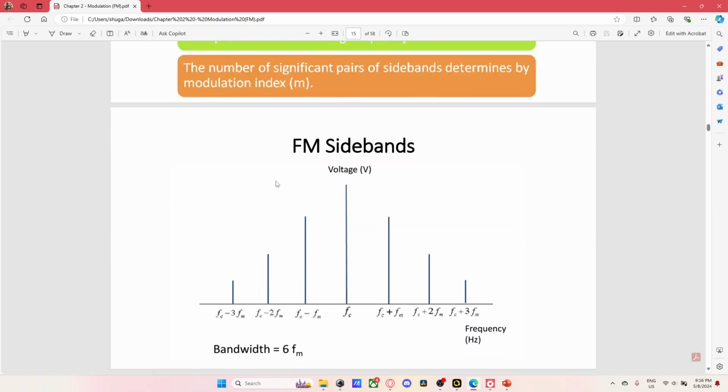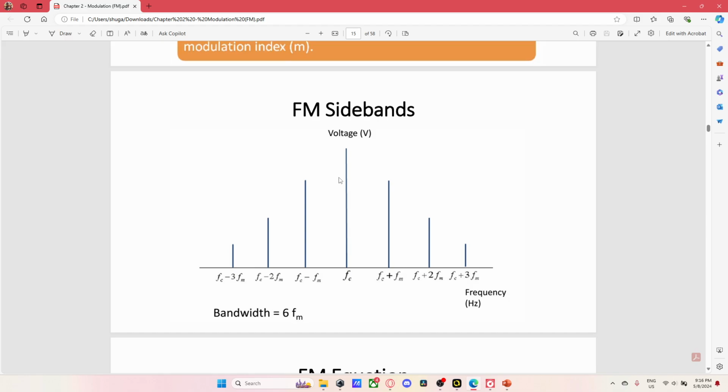Okay, so this is an example for FM sideband where it has 6 Fm value over here. Okay, as you can see, there are 3 pairs of sidebands over here. We have FC plus FM and FC minus FM. This is the first pair. The second pair is FC plus 2FM and FC minus 2FM. That is the second pair. And this is the third pair, FC plus 3FM and FC minus 3FM, which results in the bandwidth being equal to